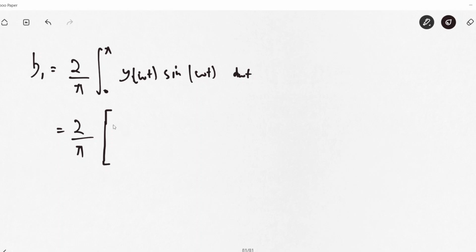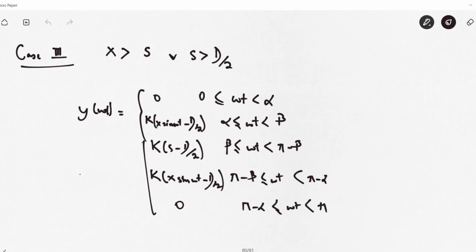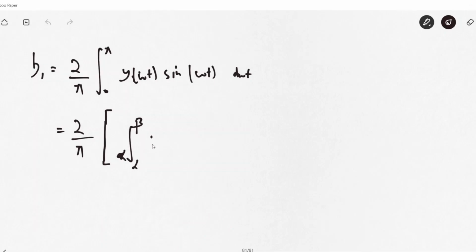From 0 to alpha, it is equal to 0. So this will be 0 from alpha to beta, y of omega t is equal to kx sine omega t minus d by 2, sine omega t d omega t,